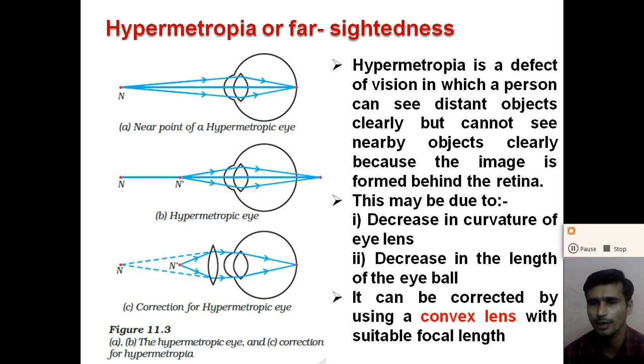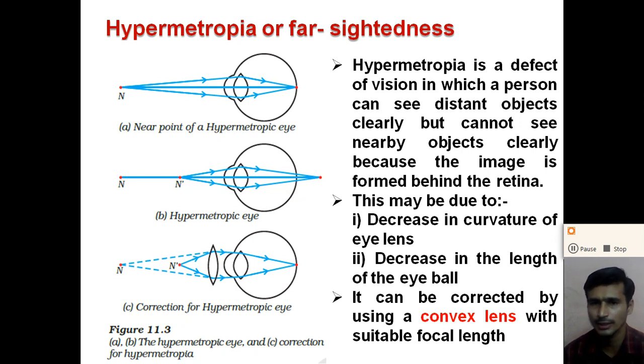It will form a blur image. Why? Because of the decrease in the curvature of the eye lens and because of the decrease in the length of the eyeball, right? We can say that. So the image will be formed behind the retina and we cannot see the object clearly. This defect is known as the